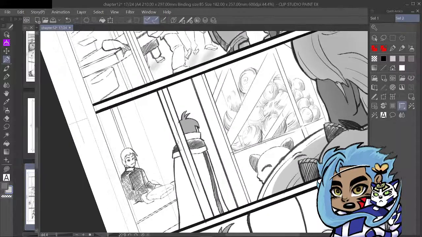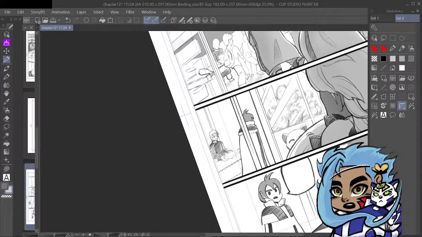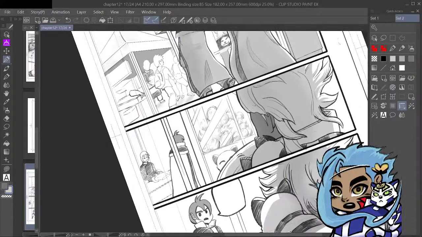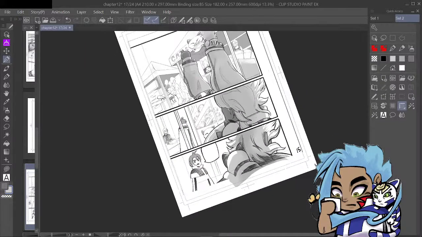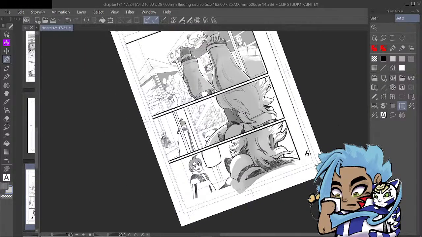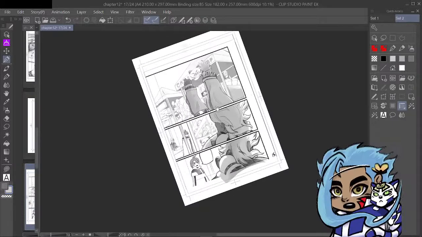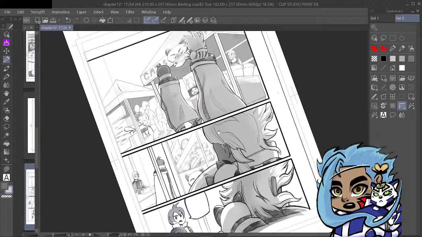But then you have sound effects, and depending on how big you make those and the way they're drawn, that can give them character, and the size of them could technically also make a sound huge. A lot of different tools at our disposal.